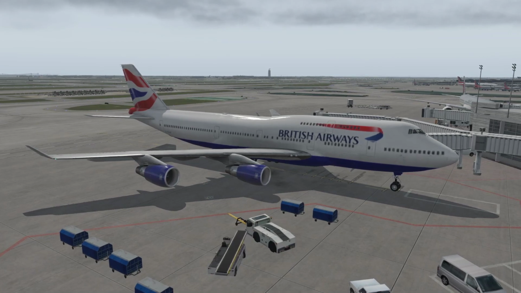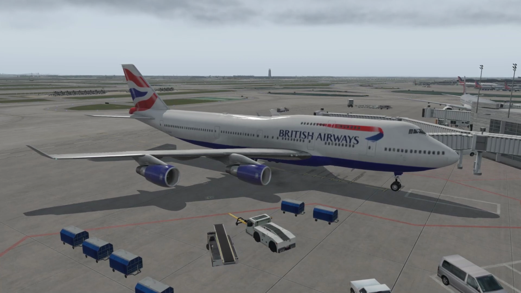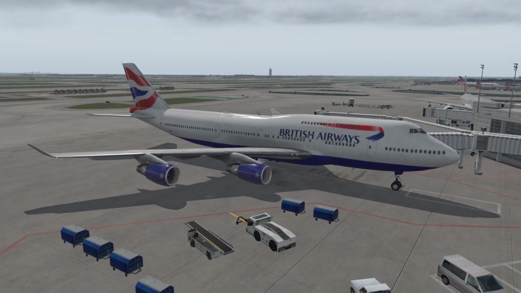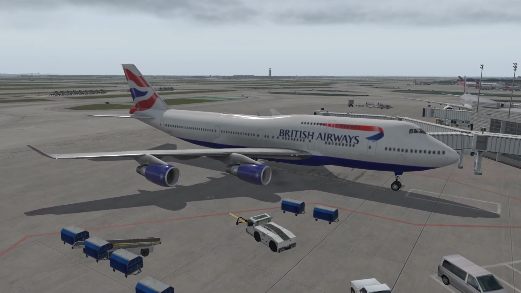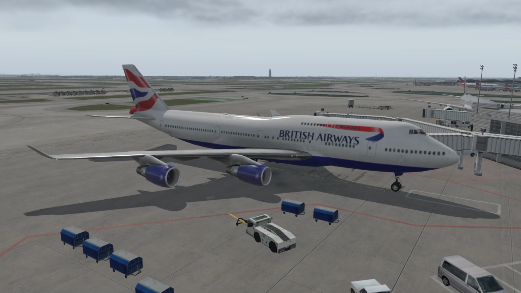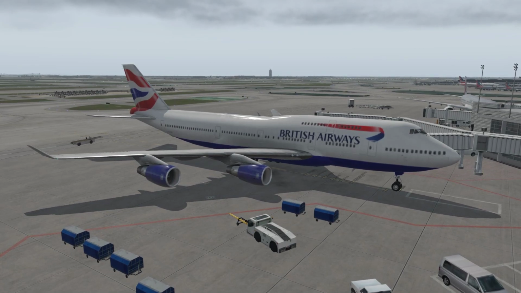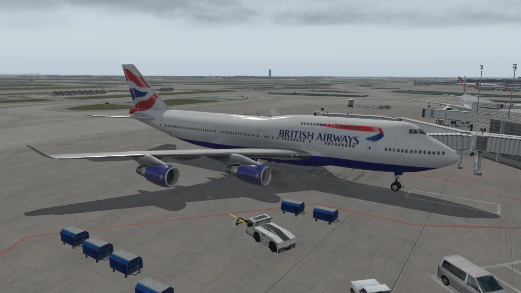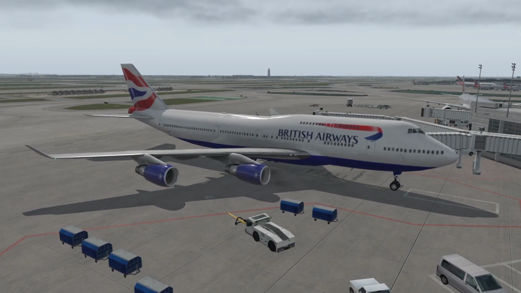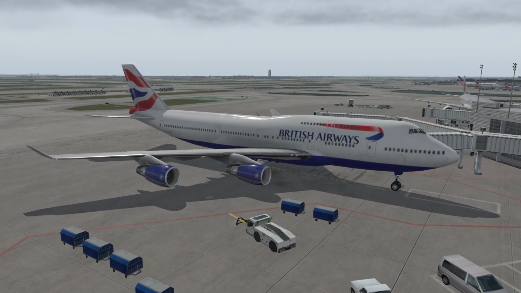Today, as you can see from the title, we are flying the mighty 747-400 in the British Airways livery. You may have already noticed that this is not the default 747 provided by X-Plane, but rather a modded 747 by YesAviation, and one of the modders is actually part of the Zibo team for the